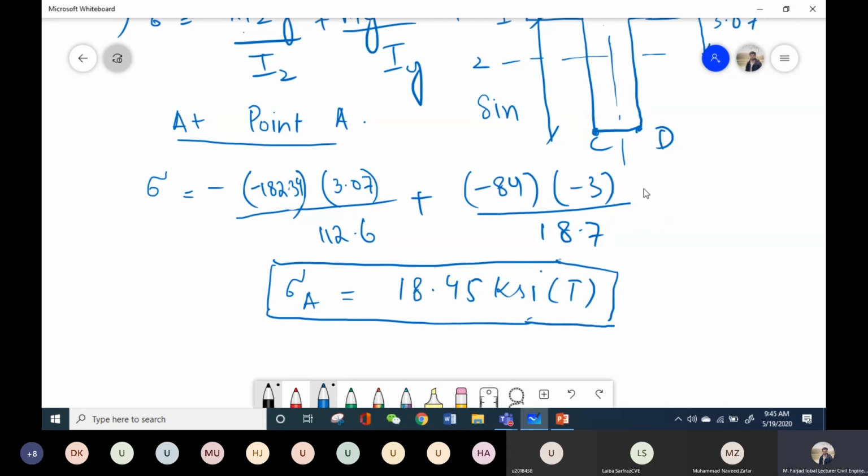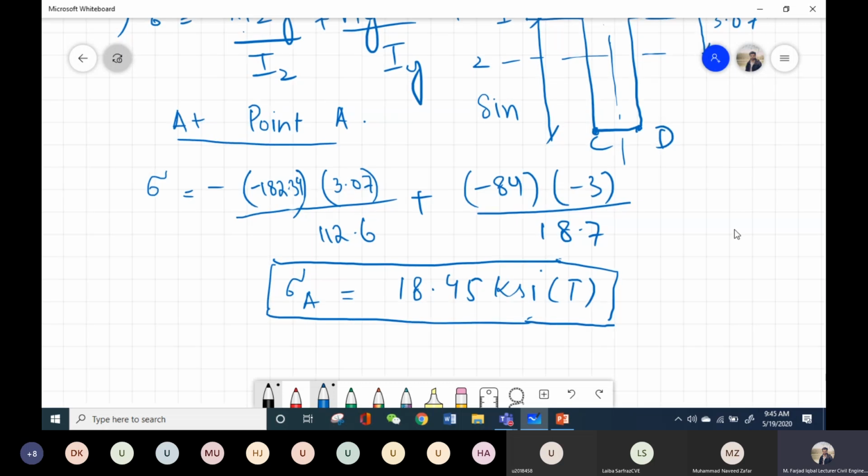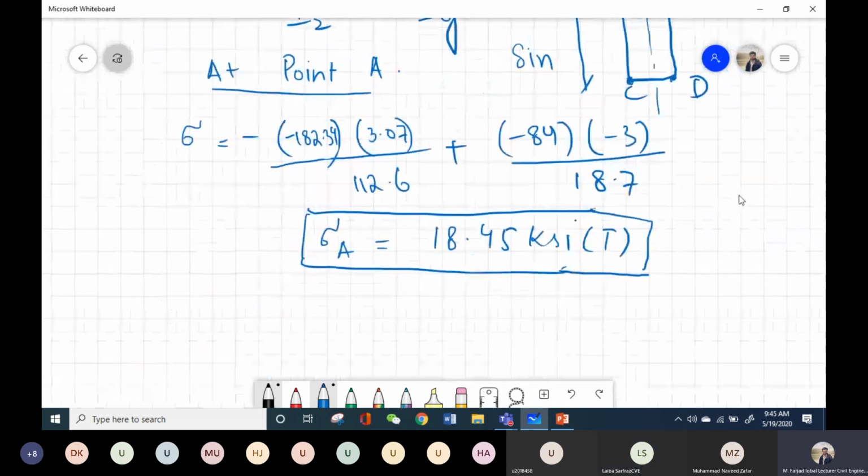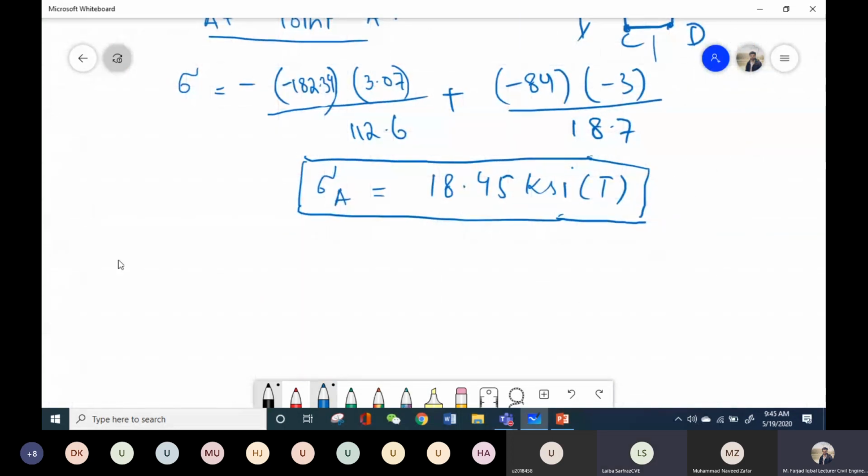Now, it may happen that the stress at point B, for example, is maximum or more than this A1, and we will calculate again for point B and see what our value is. So let's do it for point